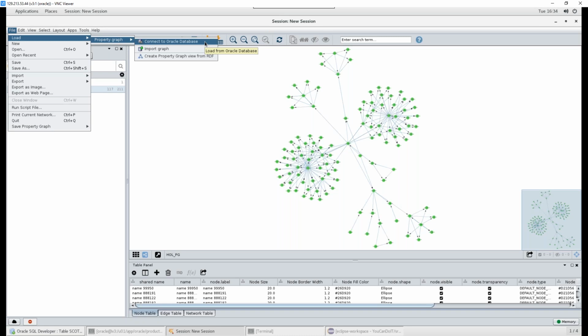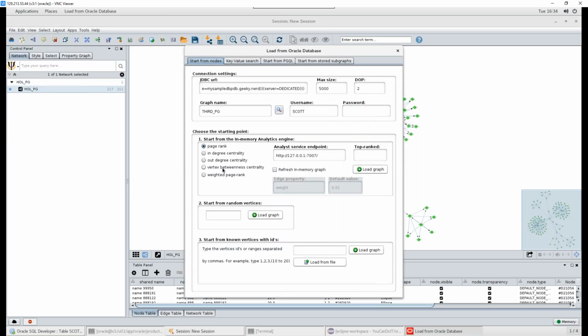If you just download Cytoscape and install it, you will not have this option. You need to put the plugin that Oracle provides in place so that you can actually do what I'm going to show you here. Now, once you pull this up, there are a number of different options